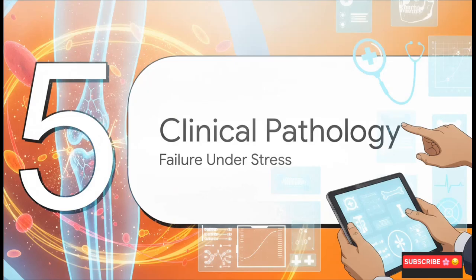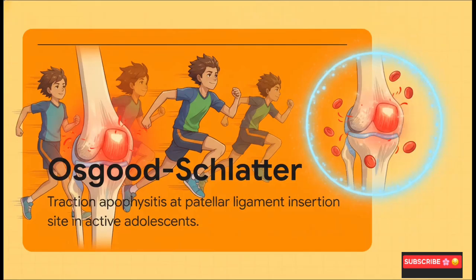Finally, Section 5, Clinical Pathology and our Active Recall Review. Let's apply this structural knowledge. Looking first at biomechanical overuse, we frequently see Osgood-Schlatter disease. This presents as a severe, really painful traction apophysis right at the insertion site of the patellar ligament, right on